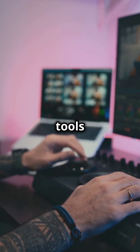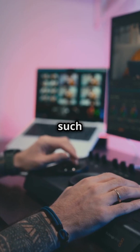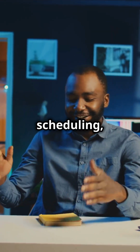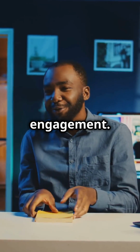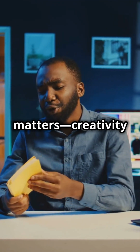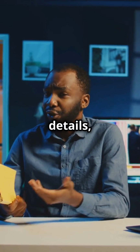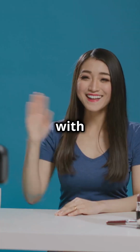These tools can handle the mundane aspects of content creation, such as editing, scheduling, and even some aspects of audience engagement. They let you focus on what really matters: creativity and connection. When you're not bogged down by the technical details, you can spend more time interacting with your audience and coming